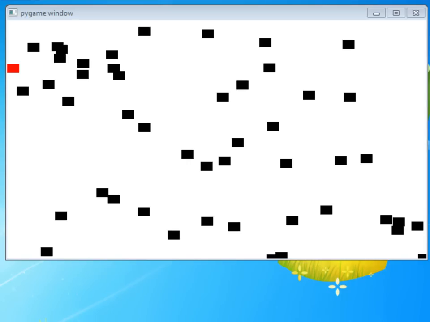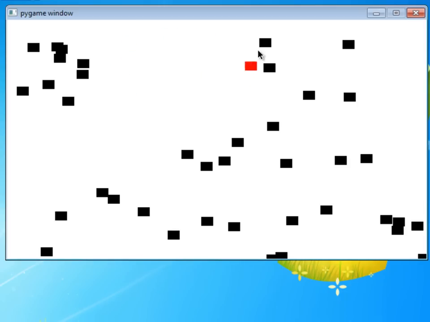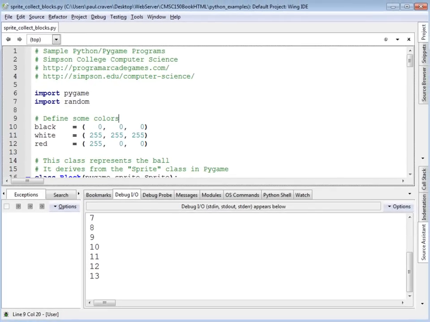This video introduces the concept of using sprites inside of a Pygame program. In the case right now, I've got a Pygame window open, and where I move my mouse, I've got a red sprite, and when it collides with a black sprite, the sprite goes away. And in fact, if I take a look at my Wing IDE here in the background, as I collect these